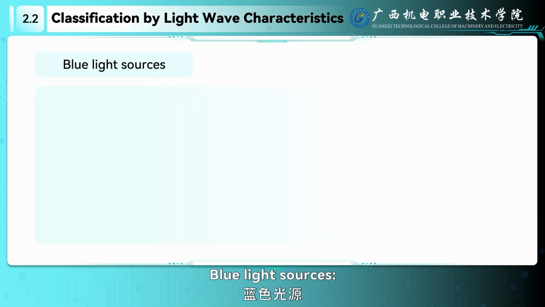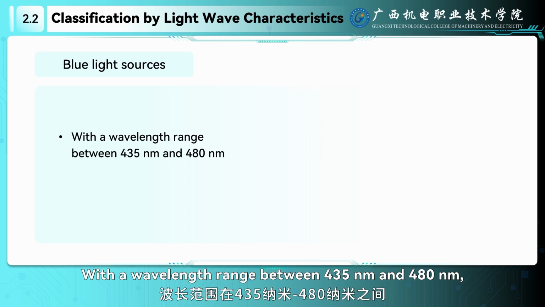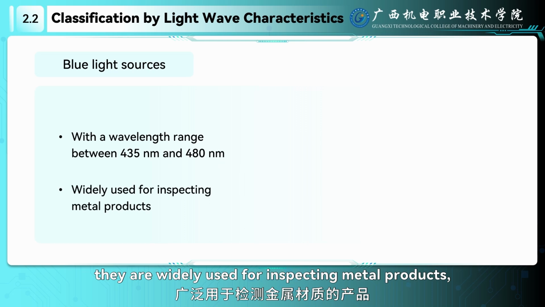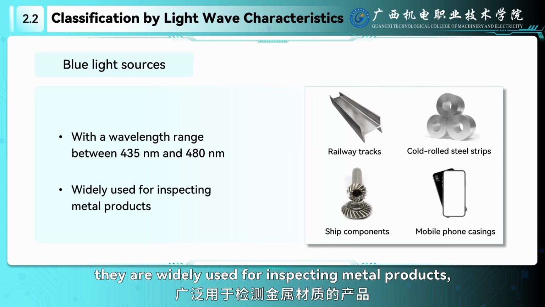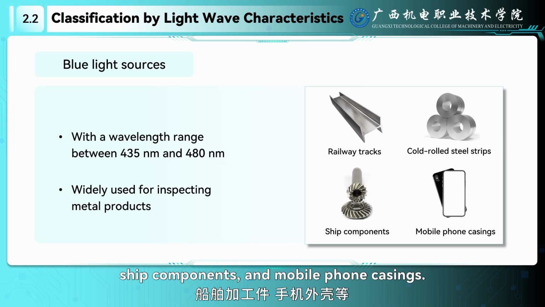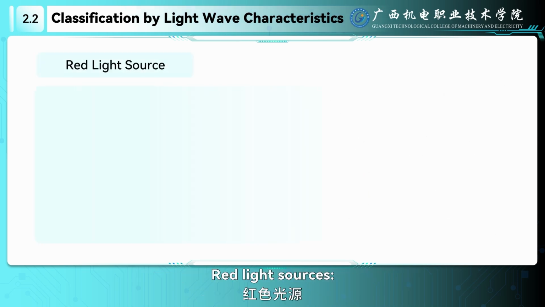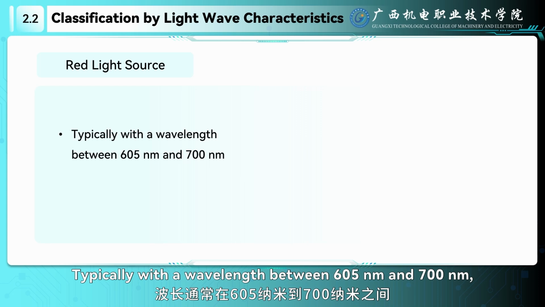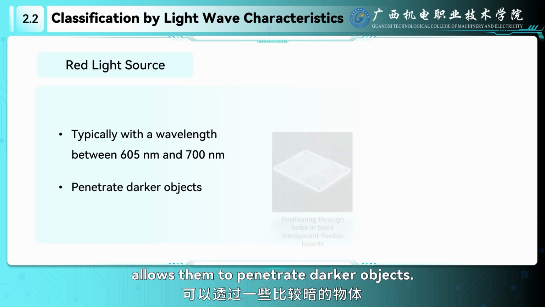Blue light sources, with a wavelength range between 435 nanometers and 480 nanometers. They are widely used for inspecting metal products, such as railway tracks, cold-rolled steel strips, ship components, and mobile phone casings. Red light sources. Typically with a wavelength between 605 nanometers and 700 nanometers, their longer wavelength allows them to